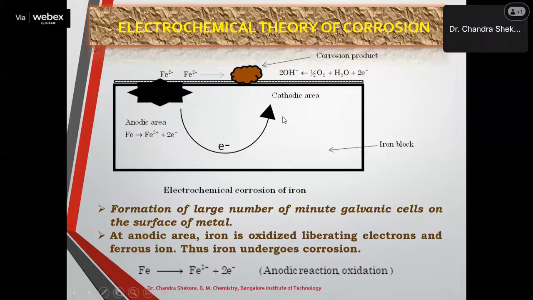The chemical species which is having lower electrode potential, it undergoes oxidation, and chemical species which is having higher electrode potential, it undergoes reduction. And electrons which are liberated in the oxidation process, they flow from oxidation reaction to the reduction reaction. Therefore, in a redox reaction, both oxidation and reduction occur simultaneously, and the driving force for the initiation of the redox reaction, and for the progression of the redox reaction, is the difference in potential between oxidation reaction and the reduction reaction.